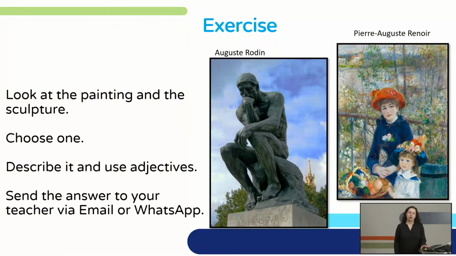So Pierre-Auguste Renoir lived in Cagnes-sur-Mer, and he painted this painting of the mother or the sister with another child near her. And on the left, there is a famous, famous sculpture made by Auguste Rodin. Rodin is also French. And one of my favorite museums in Paris is the Rodin Museum.